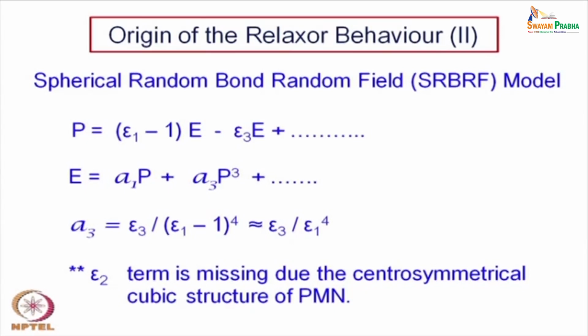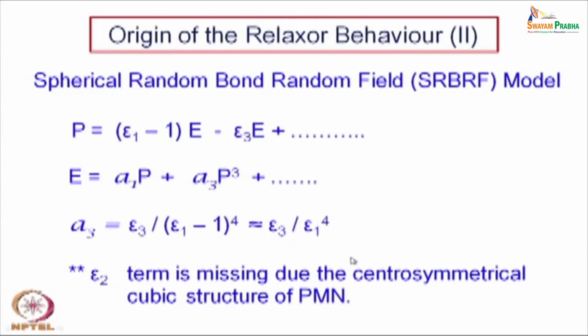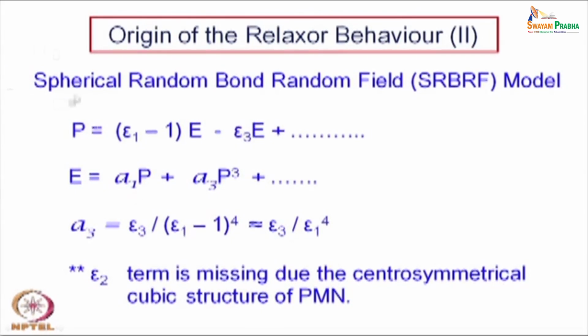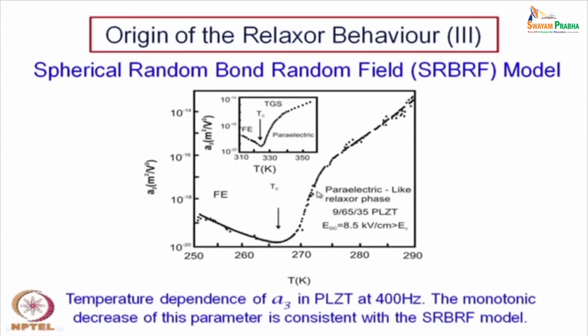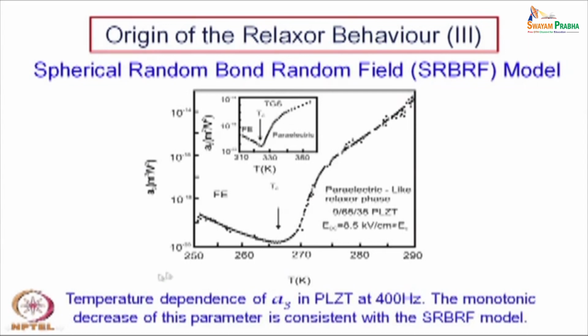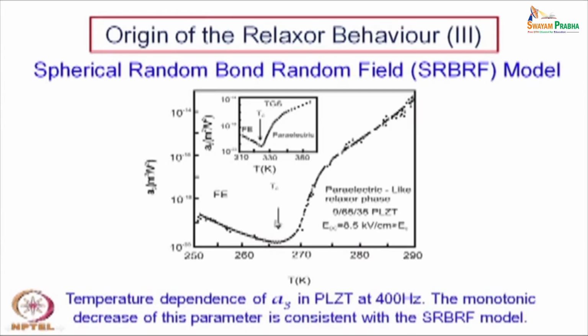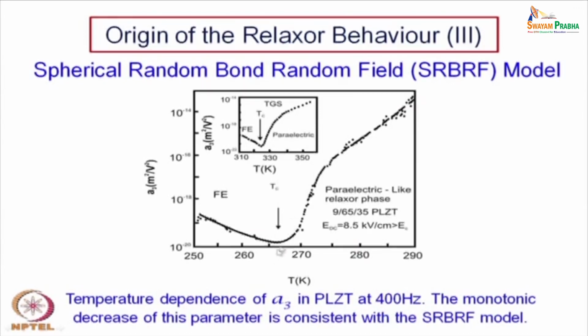So, the polarization expression, or the relationship between the polarization and electric field, is quite different here compared to the normal ferroelectrics. Now, this A3 parameter can be determined for different PMN